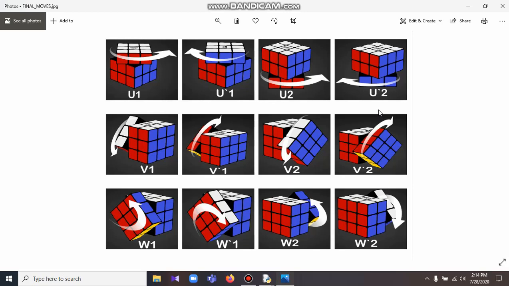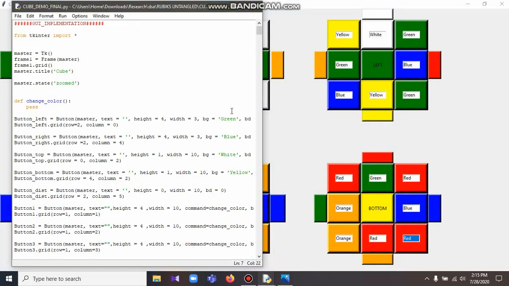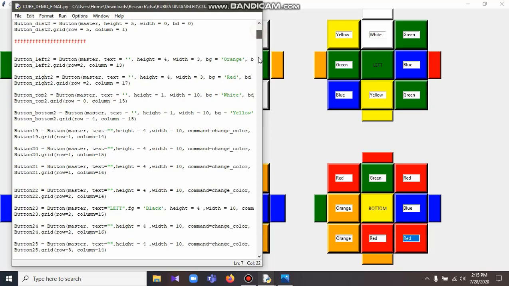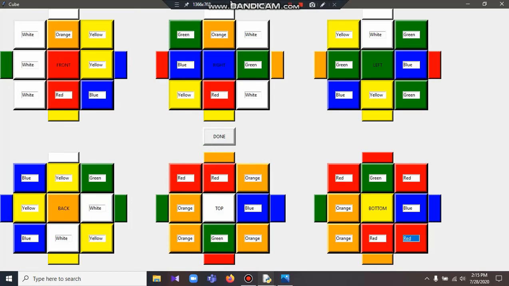So moving on to the algorithm we designed, basically what it does is it takes the input once this code is run. This is the output of the code. It takes the input in the following manner, where users with the Rubik's cubes can manipulate the Rubik's cube as they wish, and once they are done, they can input the orientation of each face as given here on this screen and press the done or solve button to solve the Rubik's cube.